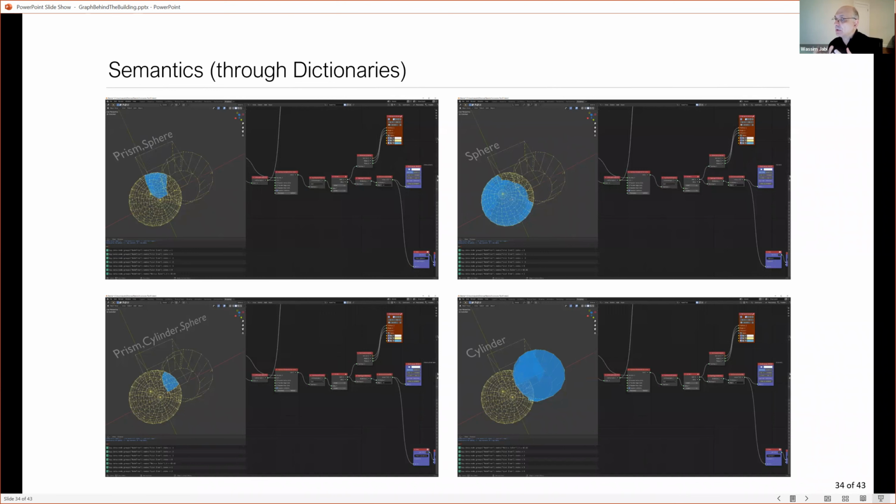And at any point, I can ask one of those geometries, like the sphere, what's your type? So the type would be the key, and it will answer sphere. I will ask the cylinder, what type are you? It will answer, I'm a cylinder. So you can write data into a dictionary, and you can also extract it out. I hope that's clear. And it is also performed on the data structure, not on the geometry.